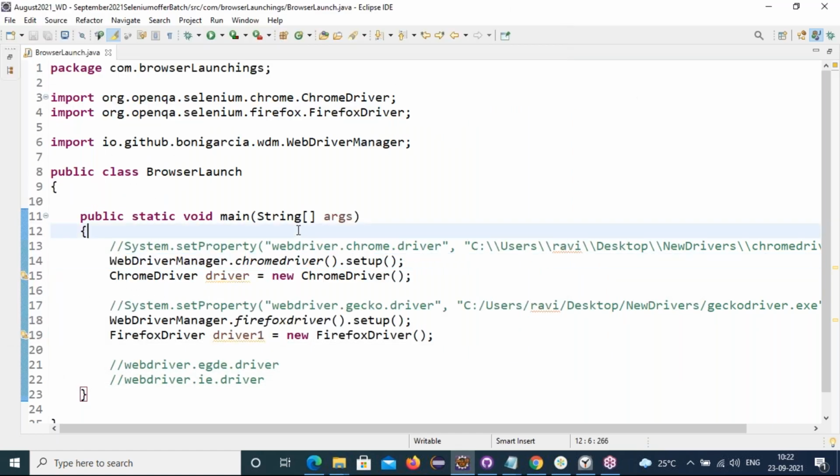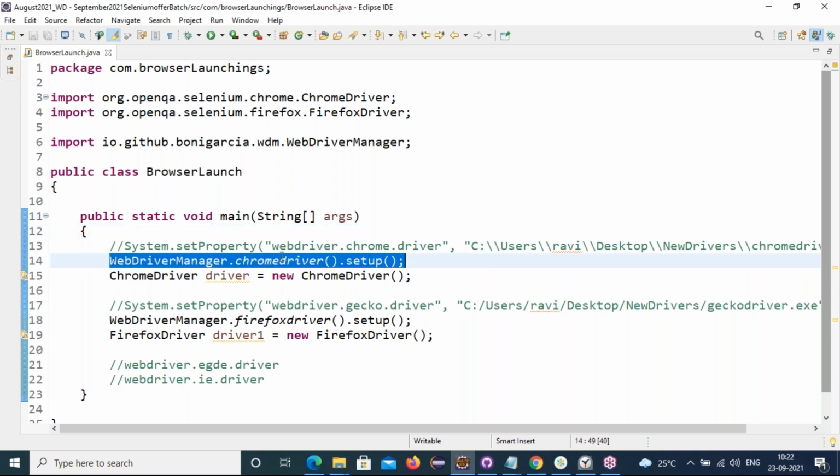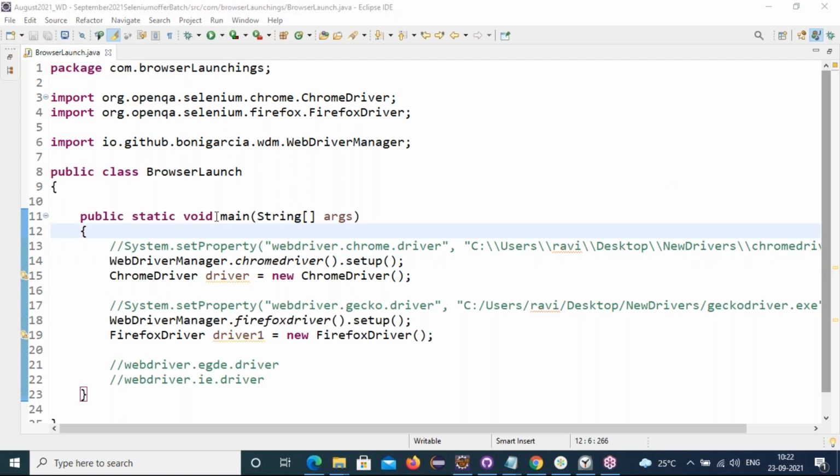Is everyone clear? Yes, sir. I have a small doubt. Yes, go ahead. Which one is the software industry giving preference to among these three ways of setting the drivers?